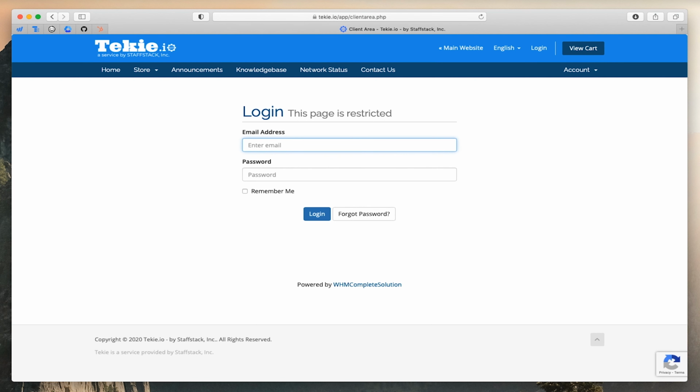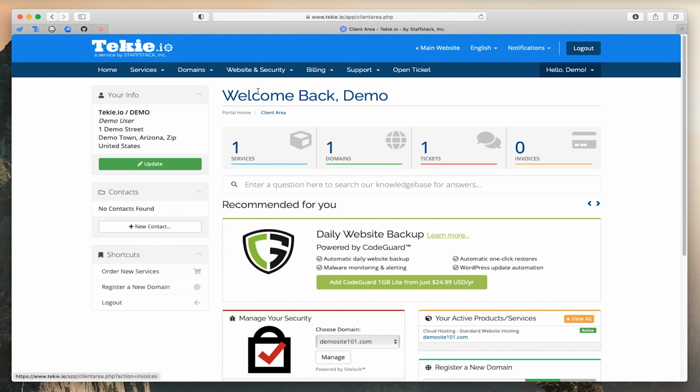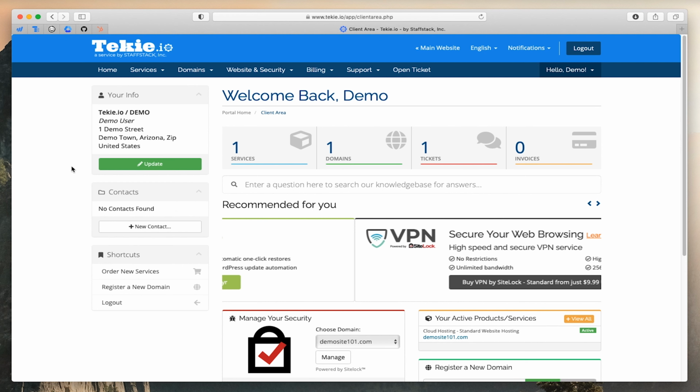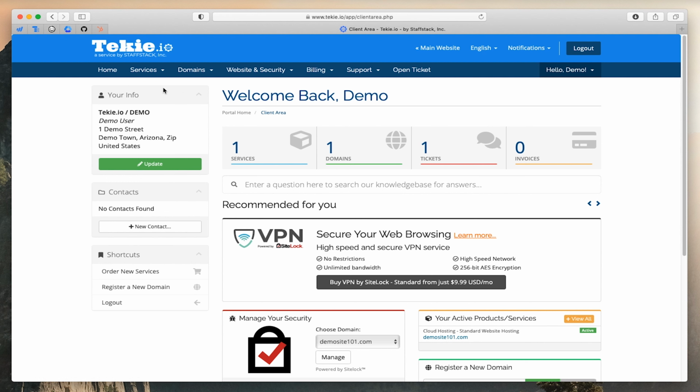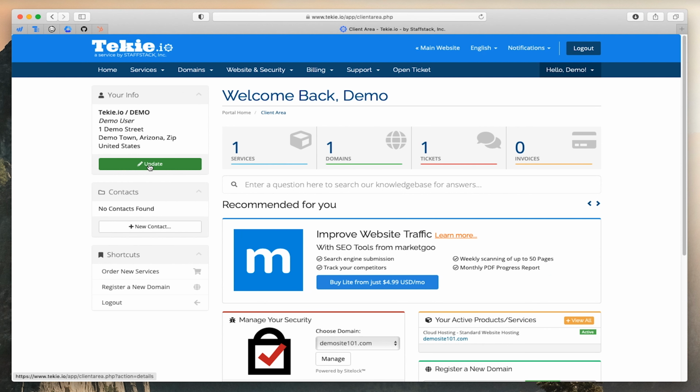So if we click this now, I'm going to log into one of our demo accounts for doing tutorial videos. And this is the standard page that we see when we log in. I know there's a lot going on this page, but it's quite easy to follow. Your account information for billing will be in the top left, so you can update that right from this home